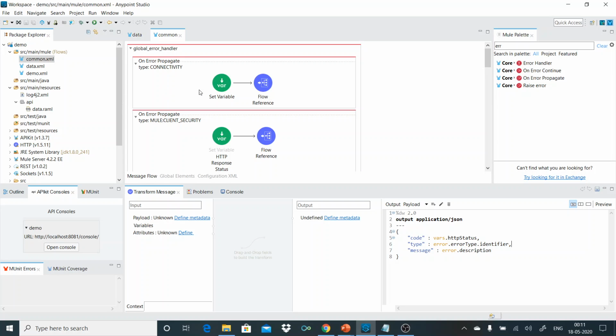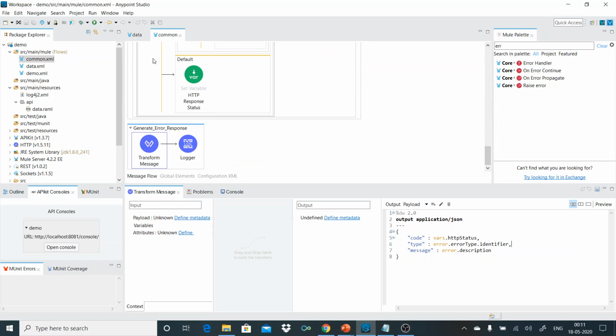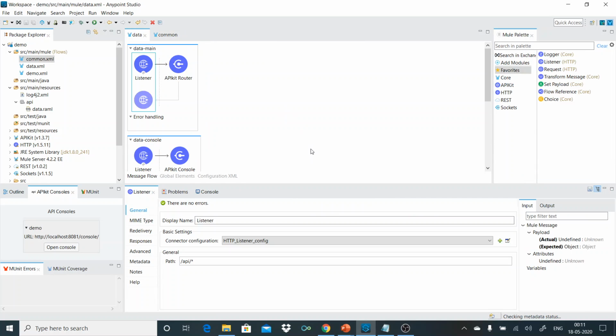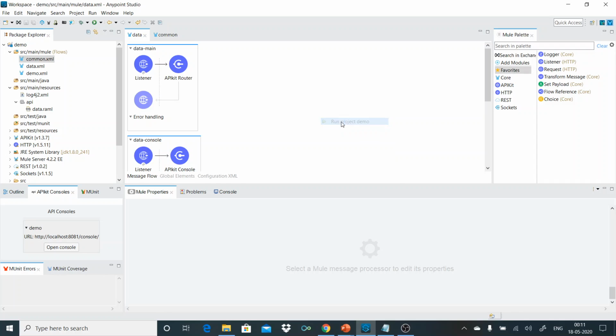So now that we have created it, let's try to run this and test if we are getting the expected error or not. So let's run the project.